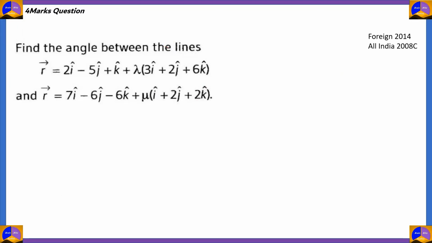Now, the next question. Find the angle between the lines r = 2i - 5j + k + lambda(3i + 2j + 6k), and r = 7i - 6j - 6k + mu(i + 2j + 2k). So we can write these equations by comparing them with